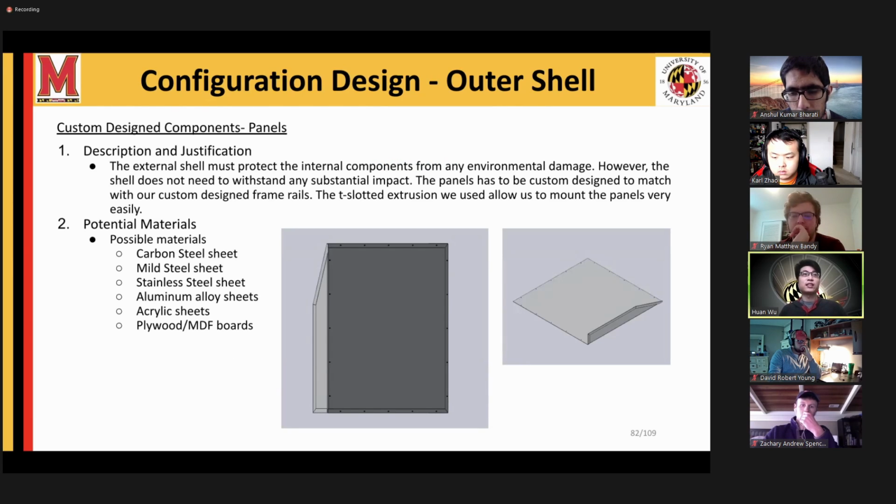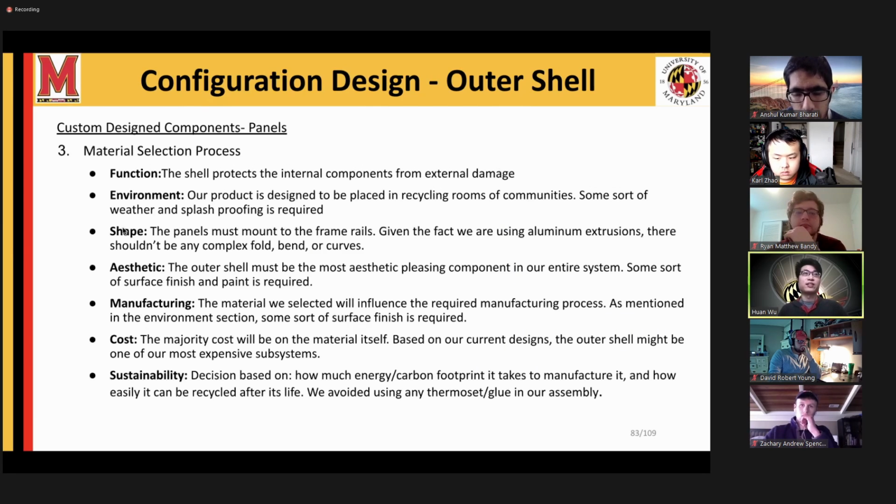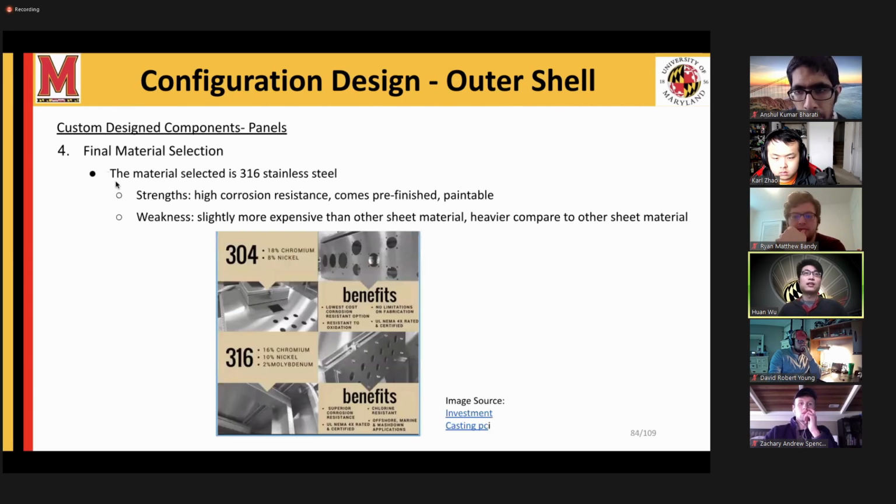The only custom design components for the outer shell will be the panels, and we considered possible materials from metals to acrylics or even plywoods. So here are the 7 criteria we considered. In the end, we settled on 316 stainless steel, which is a level higher than the 304 stainless steel we use for the interior components, because the exterior shell might encounter some rain,